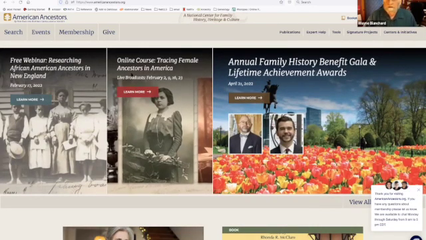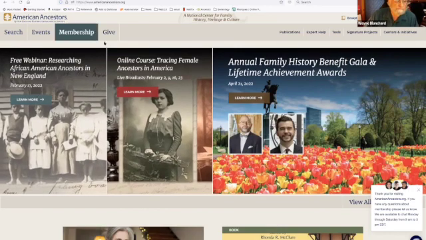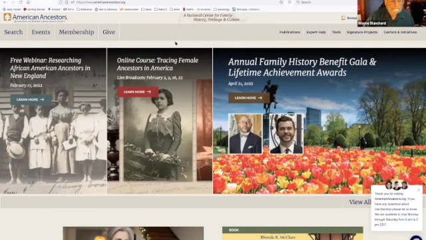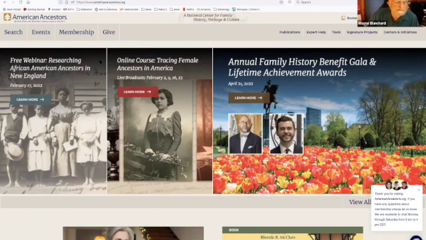What I want to do is go through, I mean, the main point for me anyway of this website is to search through their databases. So just a few facts here that I've pulled out. They have 471 databases that contain 1.4 billion names. Of those, 216 are unique databases to American ancestors. And those include such things as